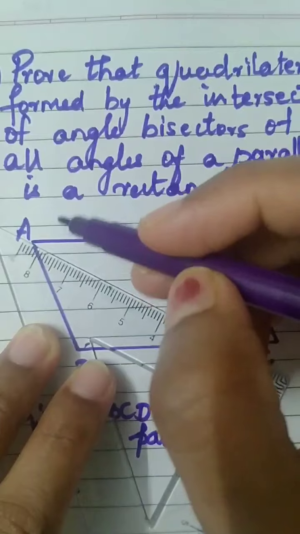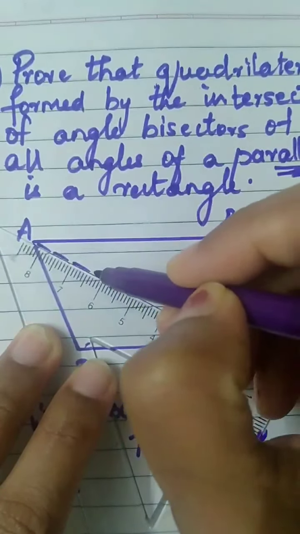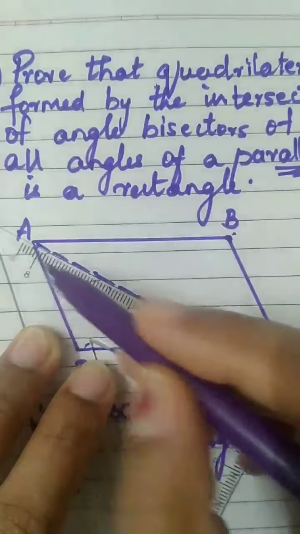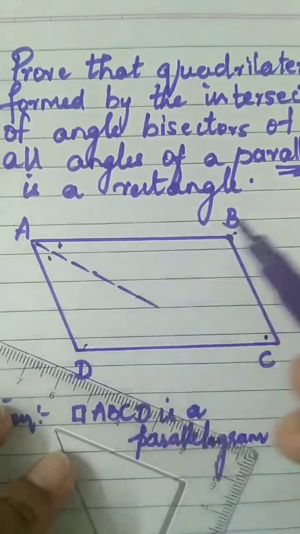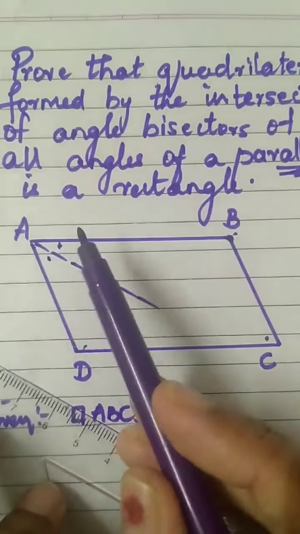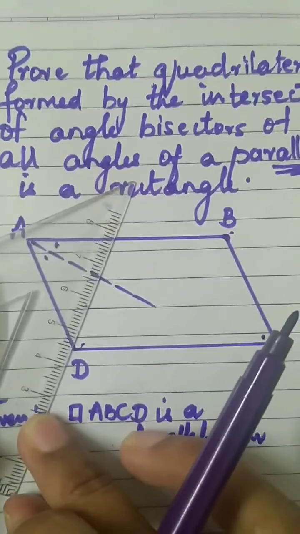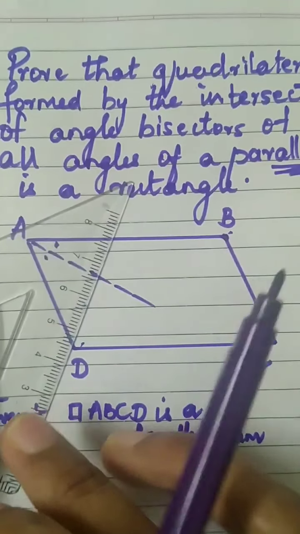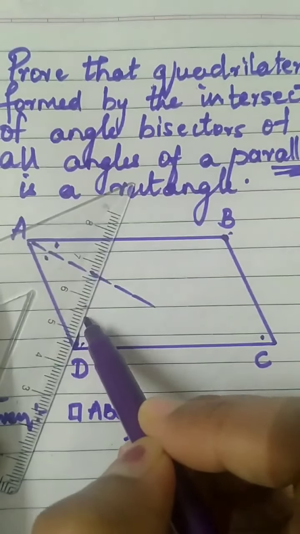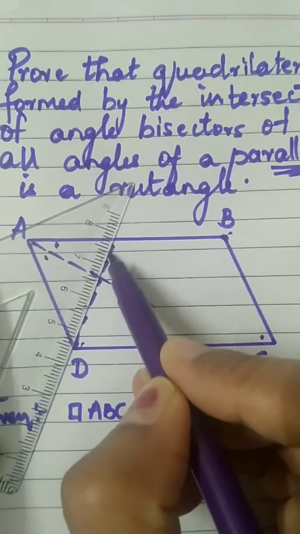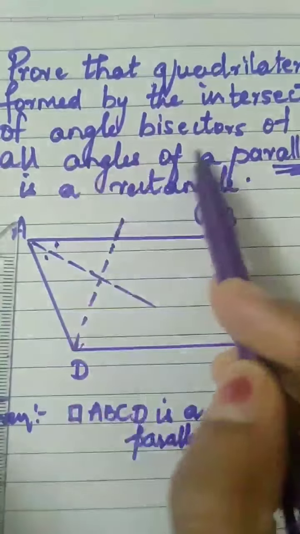So if I draw the angle bisector here, dotted lines I'll show. Angle bisector of an angle. For angle A, the angle bisector is this one, dividing the angle into two equal parts. So that sign also I will put to make it clear. Now let us draw the angle bisector for D. Same way, dotted lines I'll show. Look, they should intersect each other.